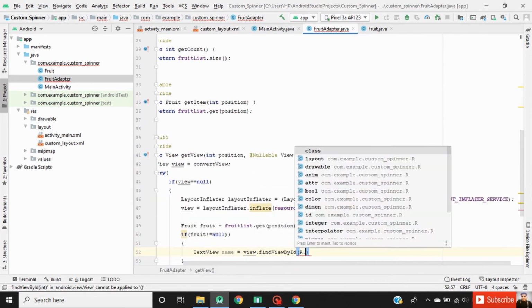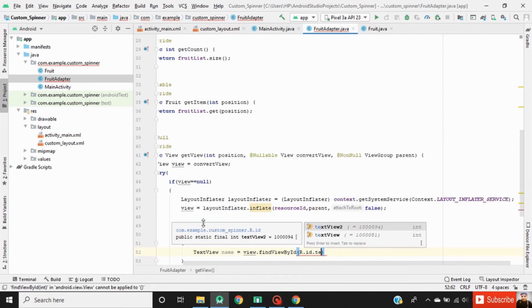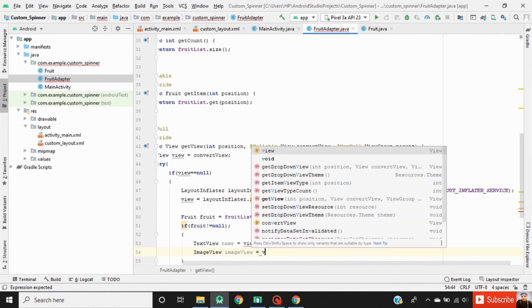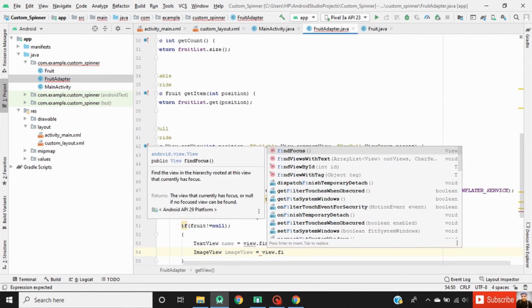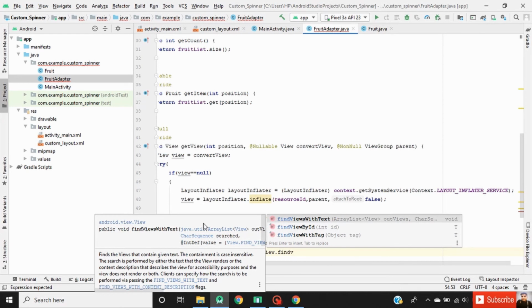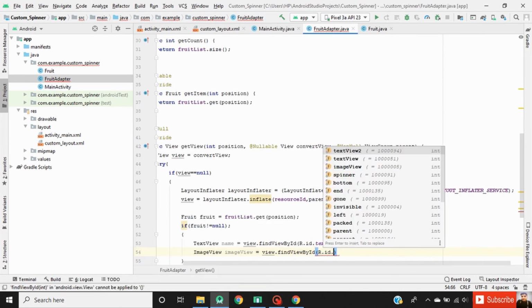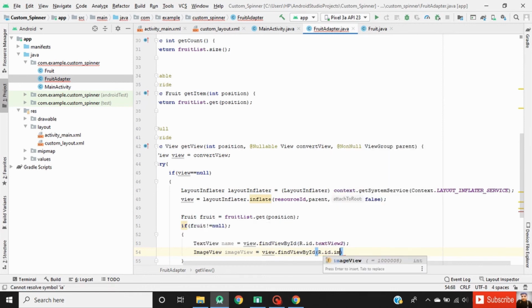Text name equals view.findViewById R.id.name. Image view equals view.findViewById R.id.image.